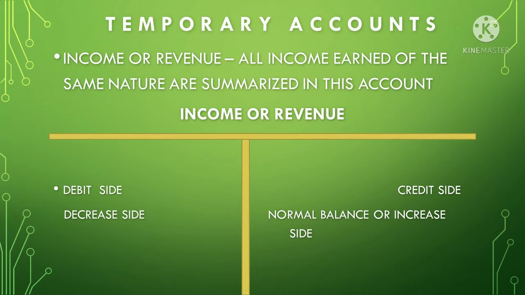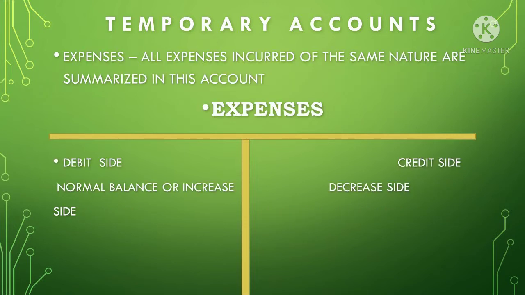But if you make an entry on the debit side, which is the decrease side, it means that the amount of income or revenue decreases. Okay, so for expenses, all expenses incurred of the same nature are summarized in this account. So for expenses, the normal balance or increase side is the debit side, while the decrease side is the credit side. Okay, so it is important that you remember